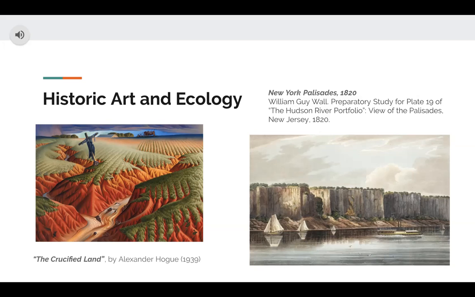What do you see in this image? How is it different than what the Hudson River looks like today? And lastly, how does this artwork relate to the big idea of ecology? This piece relates to our big idea because it shows the untouched state of a natural area in the past, and it sparked environmental change in today's time. One more time to reiterate, what is the name of the artist who made this work?